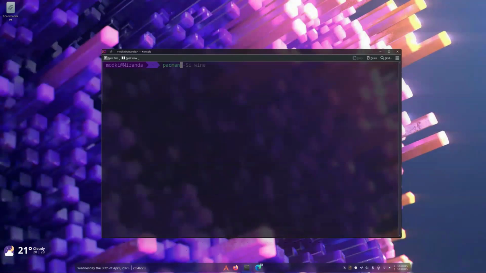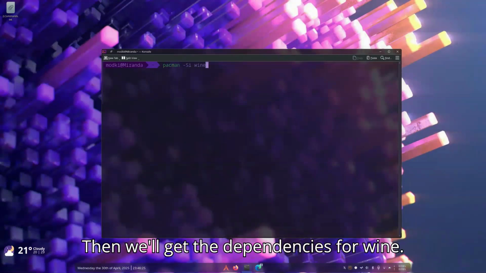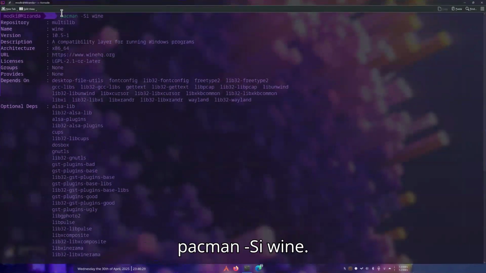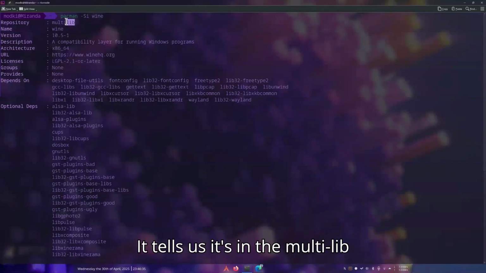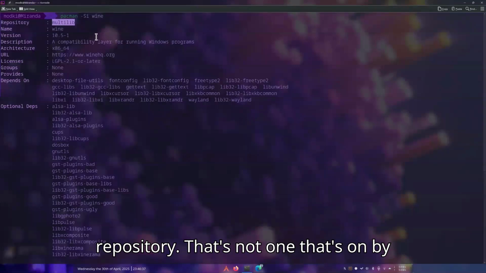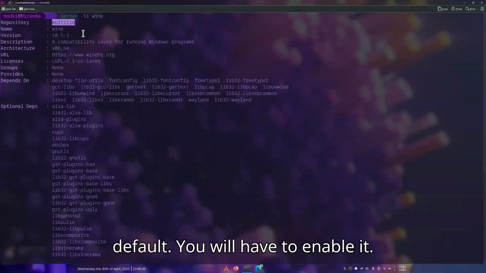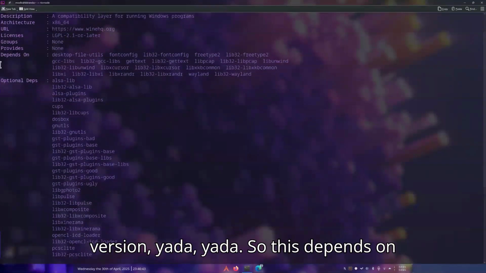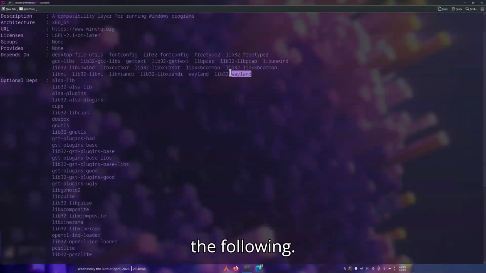First thing we're going to do, we're going to look at the dependencies for wine. So on Arch, that command is pacman -Si wine. It tells us it's in the multilib repository. That's not one that's on by default. You will have to enable it. It tells us where it comes from, the version, yada yada. So this depends on the following